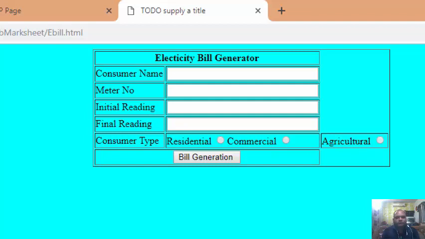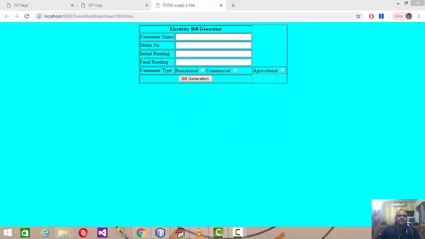Now there is another condition for the final bill. Let us understand, a consumer may go out of the city, and if the total units consumed are less, and by any calculation the total bill comes to, let's say, below 100 rupees, the minimum bill for all types of consumer has to be 100 rupees. So this is what I am explaining to you, the bill logic that I am going to write on the server side. Let us discuss this.